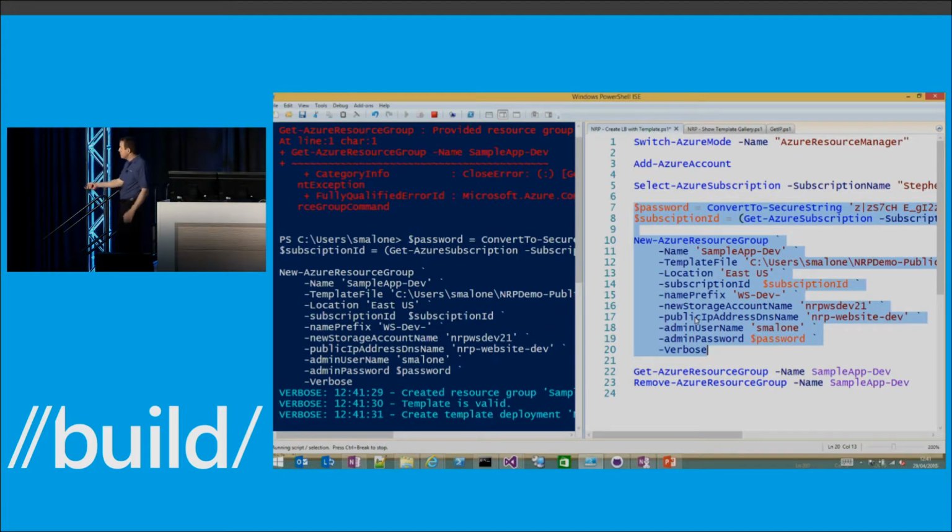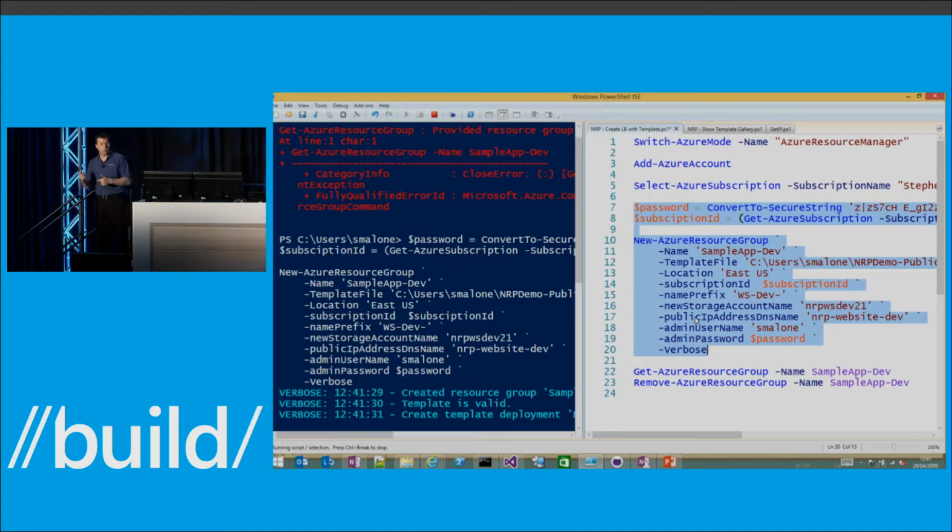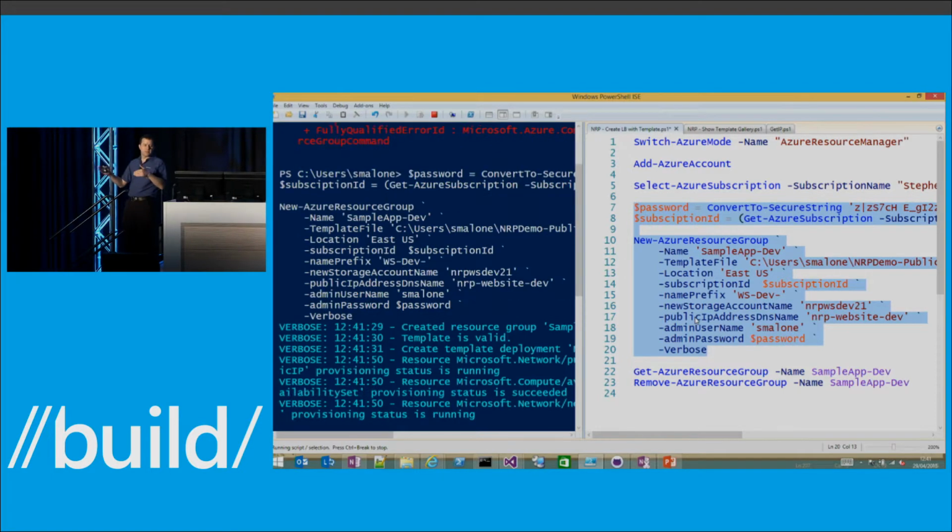So here we see we've asked it to create this application. ARM has accepted the template. That says valid. Great. What it's doing now is breaking down the dependency graph for the resources I've specified and figuring out the best way to do this. It's then going to go off to each of the RPs